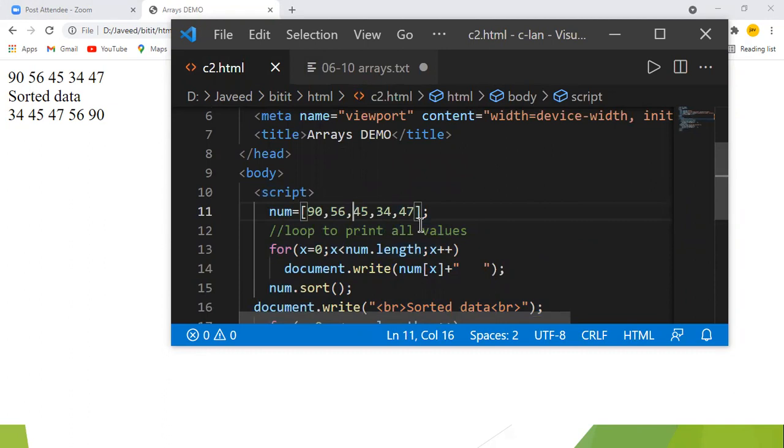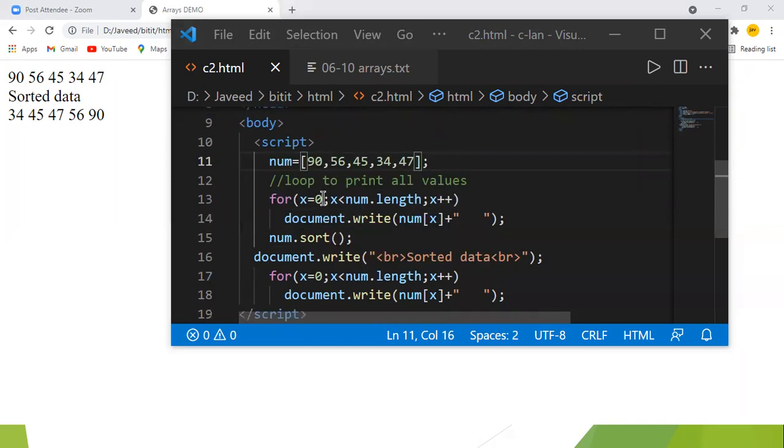In arrays, we have some methods, like the push method, which helps me add elements onto an array. Whenever you want to add an element onto the array, you can call the push method so that new elements can be added onto the array.